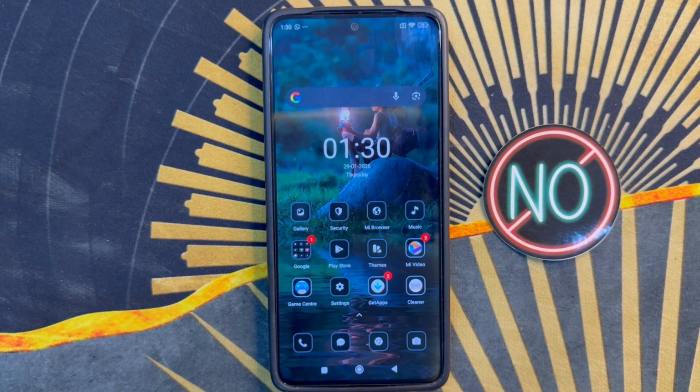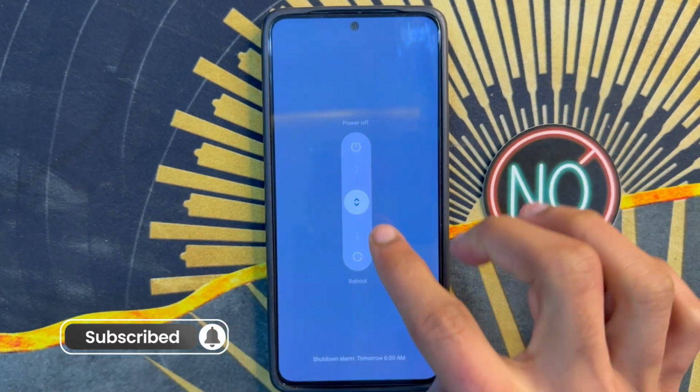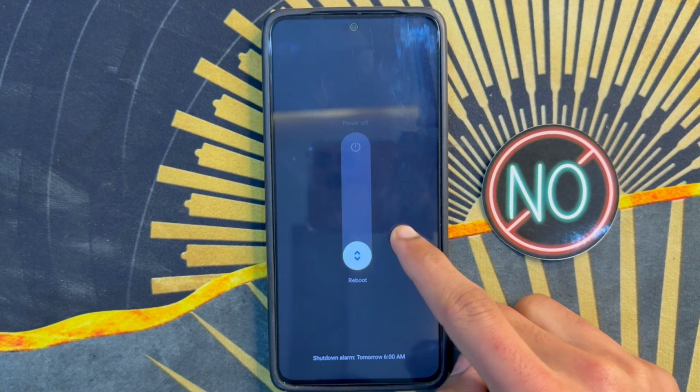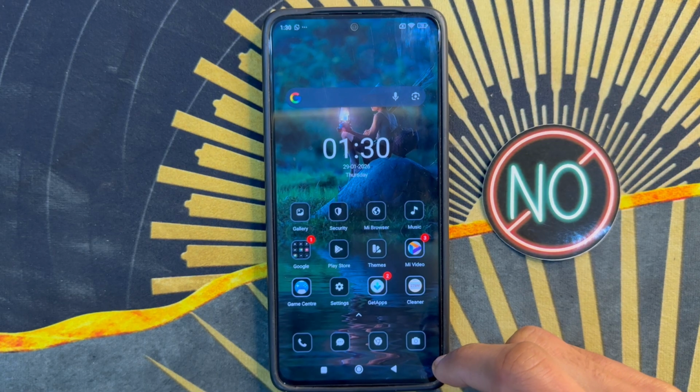Let's start the video. If you want to fix this problem, restart your phone. Press the power button and volume up button at the same time. You will see the restart phone option. After restarting the phone, you will see your problem is solved. So if it is not solved,